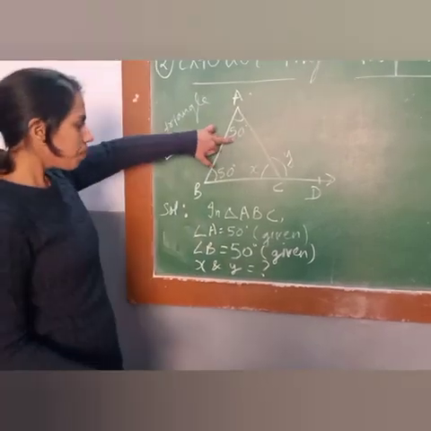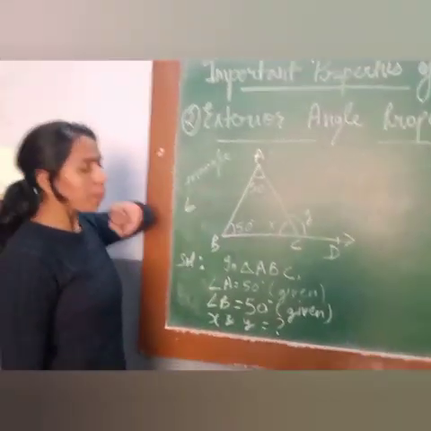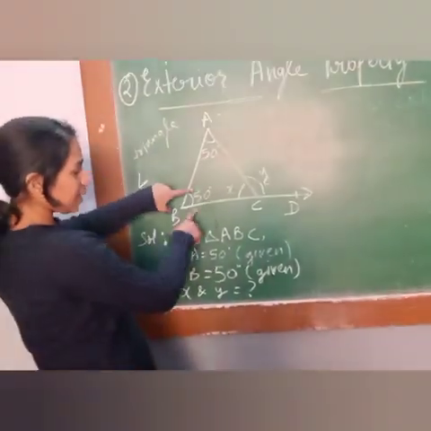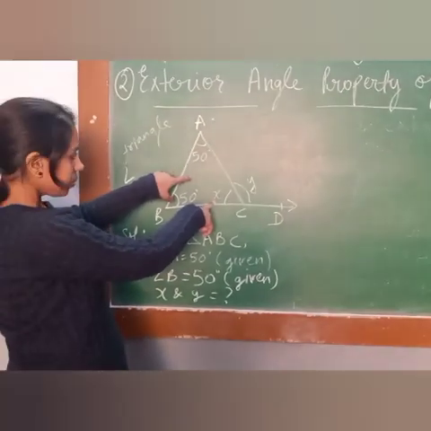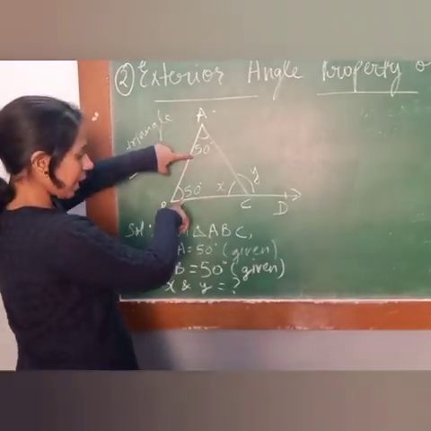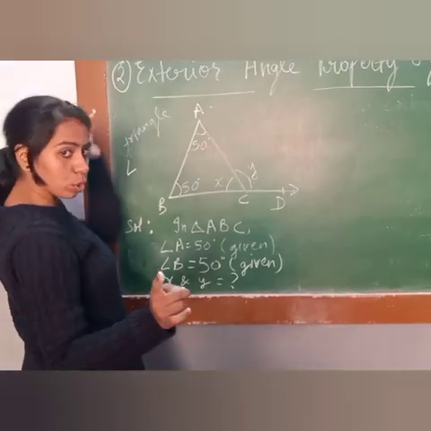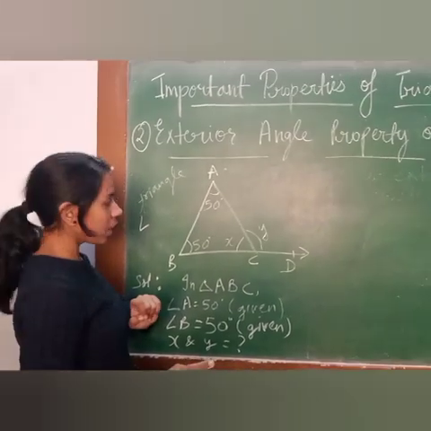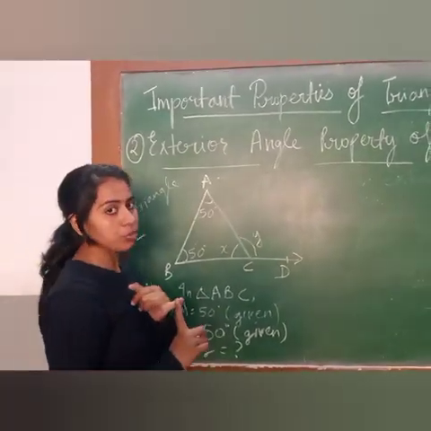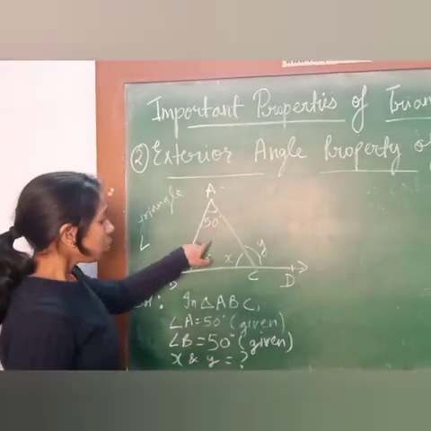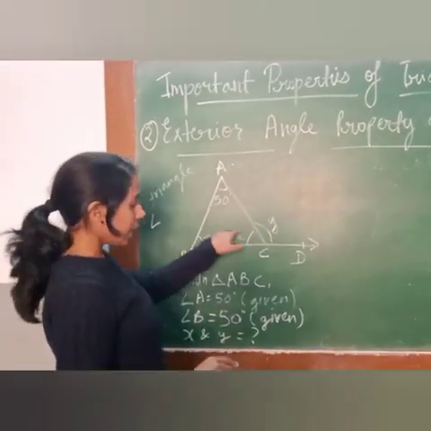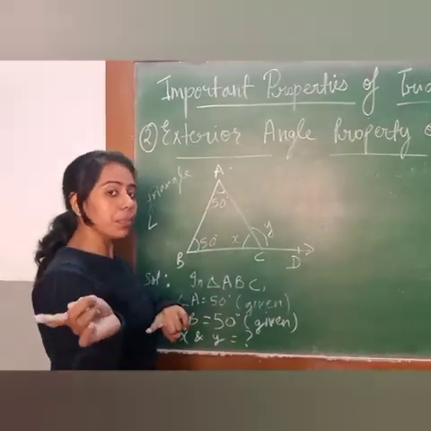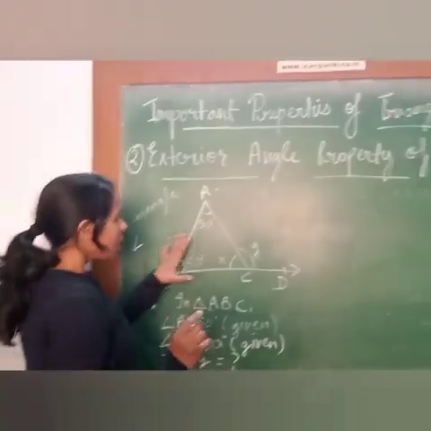Students, you know, and now which property will you apply over here? You can do two things over here. Either you just apply the angle sum property and find the value of angle X, because angle A plus angle B plus angle C is equal to 180 degrees. I have told you in the previous property. Or you have one more option. You can find the value of Y and then apply the linear pair property and find the value of X. You have learned this linear pair in the previous chapter, that is lines and angles.